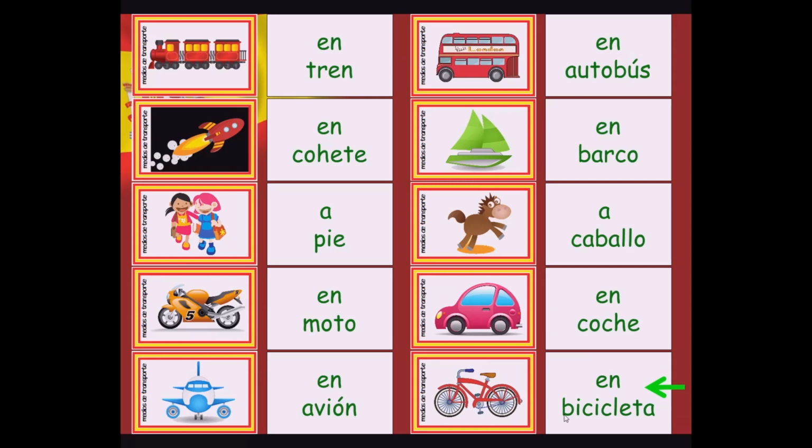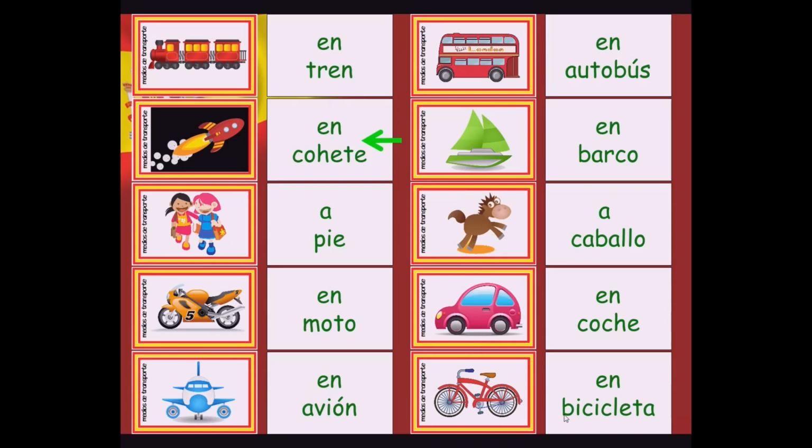There we are, there's our 10 transports. Now, do you think you know what any of these transports mean? Now, you'll notice that they don't start with un or una, the a or an word. So it's not a train, a bus, and so on, but it's the forms of transport. So let's just run through and make sure we know what they all mean. So en tren, if you go somewhere with this form of transport, you would say by train. So en tren, by train.